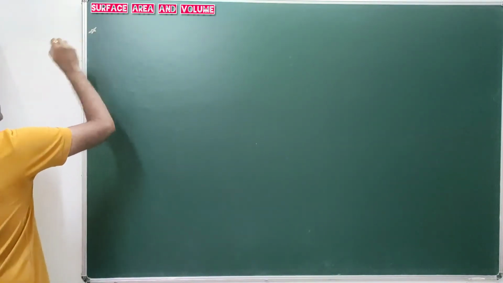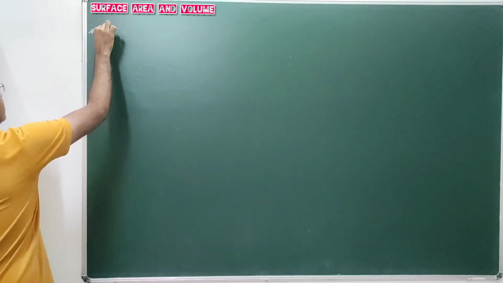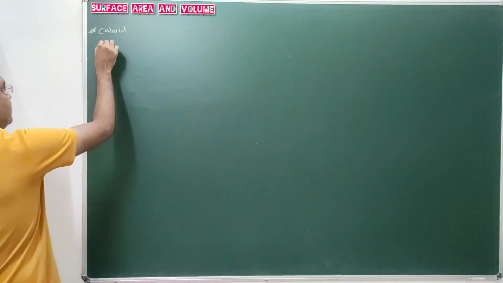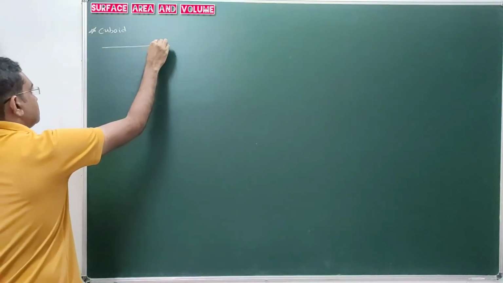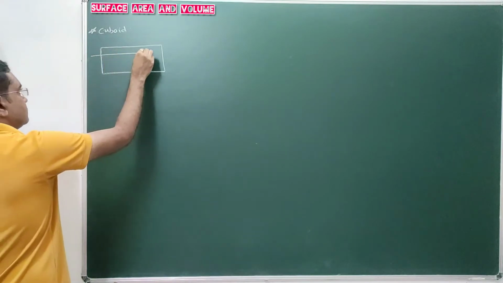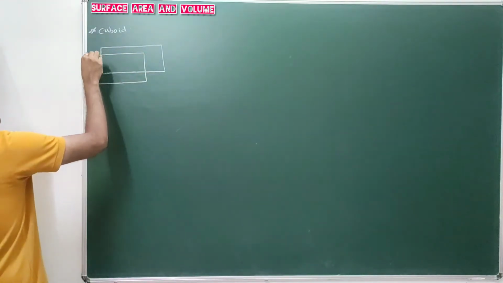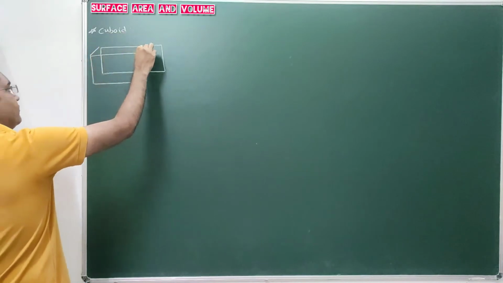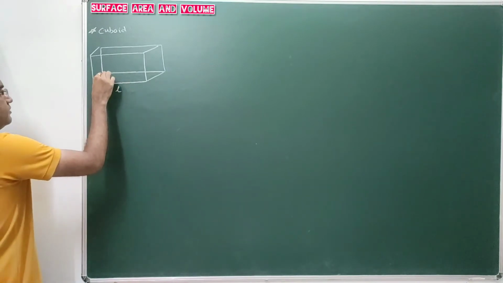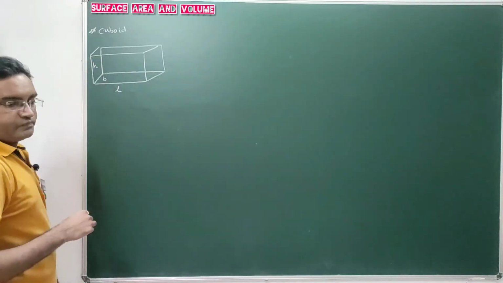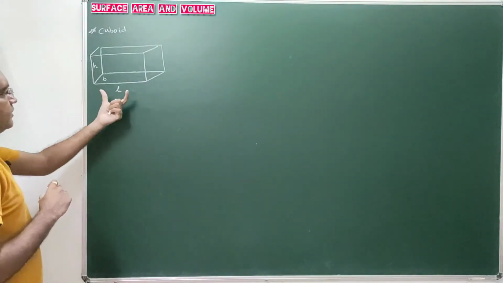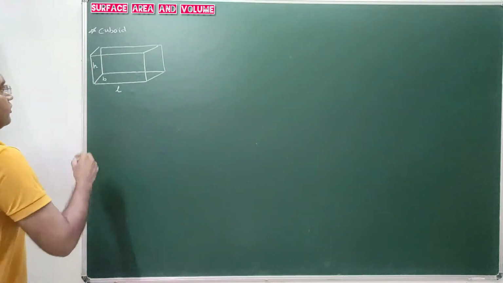So different types of objects are there. First we have to study cuboid. Cuboid is a three-dimensional figure. This is the diagram of a cuboid, whose length is L, breadth is B and height is H. So for this cuboid,